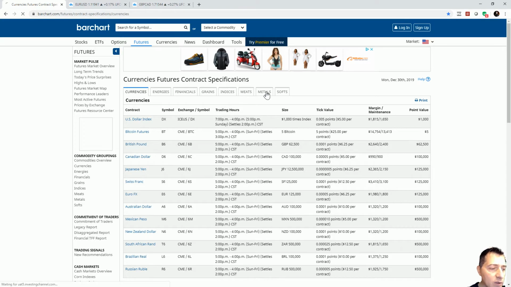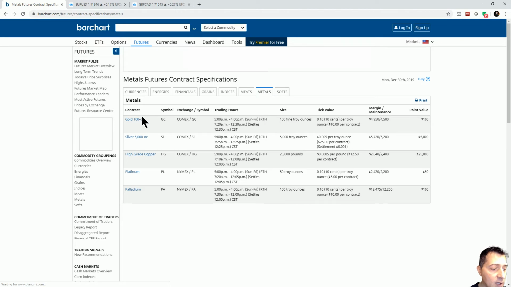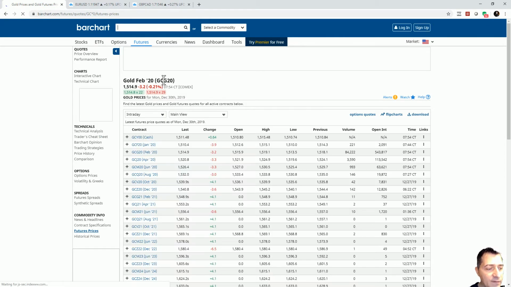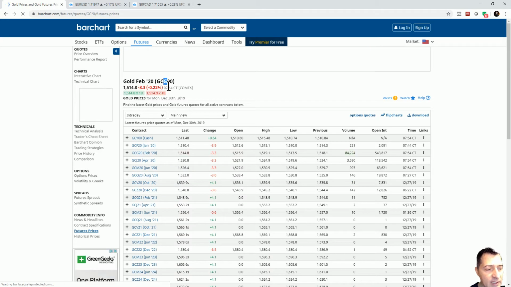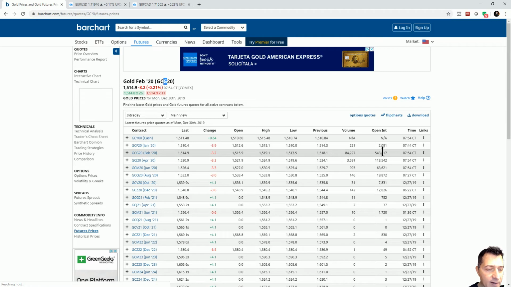So you always want to get into the habit of using a website such as Barchart, so you can just click on the symbol, in this case gold, as you can see, and confirm the right symbol to be used. In this case, we can see the letter G, GCG20, and then go ahead and reconfirm with the volume and open interest values that the G is indeed the highest liquidity contract available as we speak.